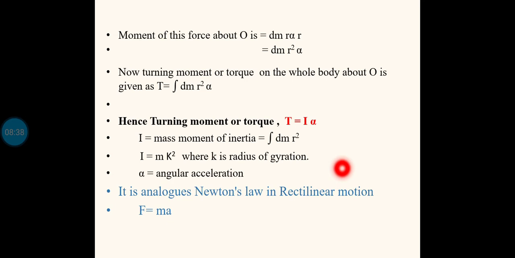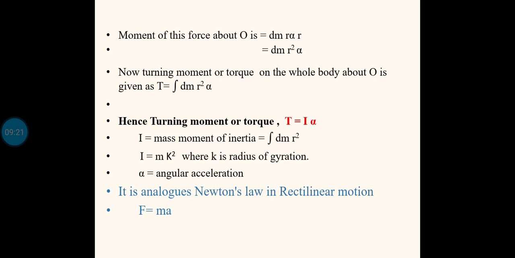That was the equation. So actually I is equal to mk square, and that m is already there in the equation. So r square by 2 is actually k square, so k is equal to r by root 2. That is the equation to calculate the radius of gyration for a thin disc or thin cylinder. Thin cylinder means if a rod is given in the problem, we can assume that rod as a thin cylinder. And if disc problems are given, then you can use k is equal to r by root 2. In that way you can find the value of k, find k square, multiply with m, and you will get the mass moment of inertia I. Once you get I, multiply it with alpha, and you will get the torque.